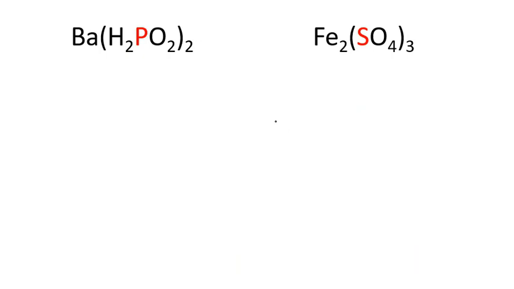Well, here we have the next compound. In this case we have to calculate the oxidation number of phosphorus, P, and in the second one we have to calculate the oxidation number of sulfur. Let me talk about the first one. Well, you can see there is one barium. This is a barium atom, and this is 2. Okay, this portion is given 2.